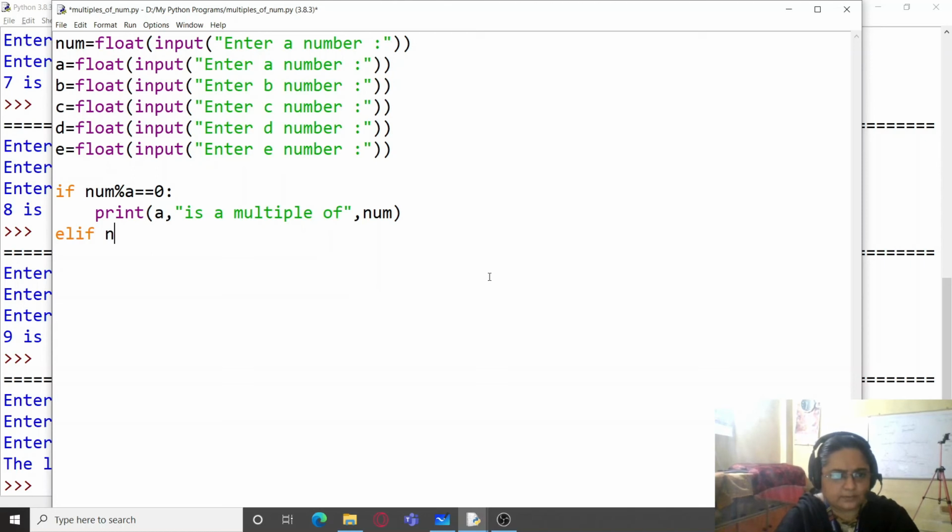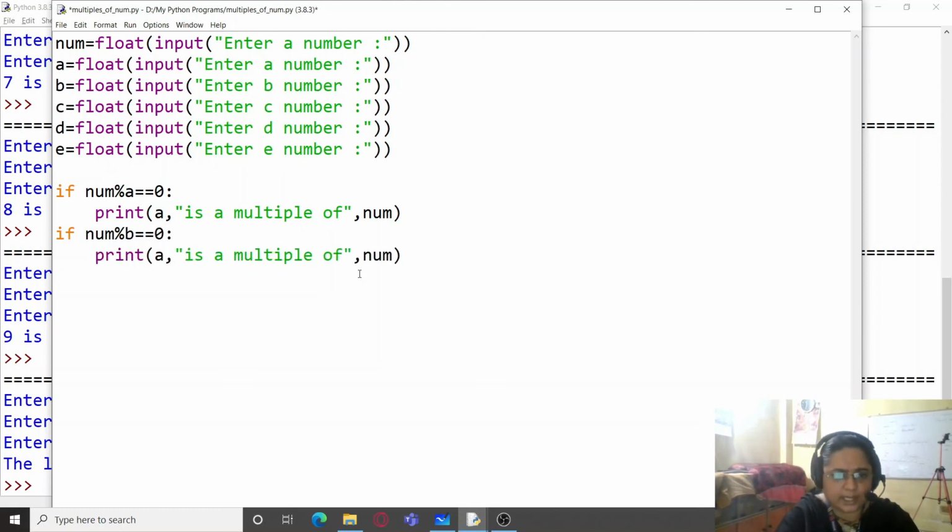Elif, now you can see that over here we are not going to use if elif, we will be using simple if, because we have to check whether now it's not that if num is divisible by A, it won't be divisible by B. If I use elif condition, then if the first condition satisfies, it won't check the other conditions, but we have to check the other conditions also.